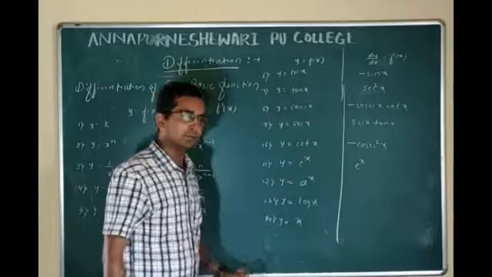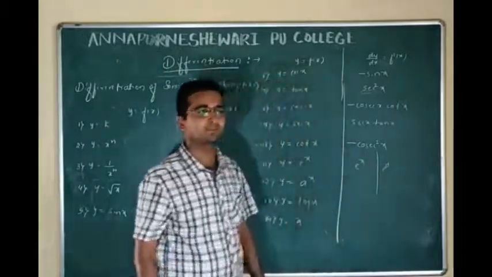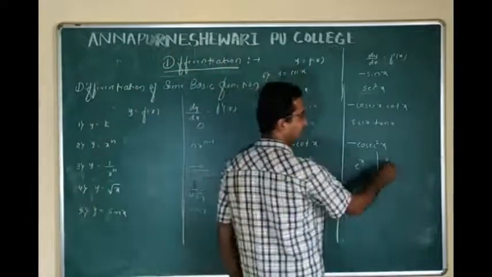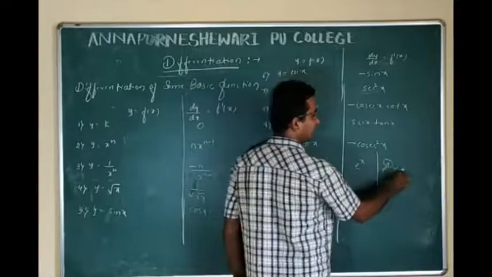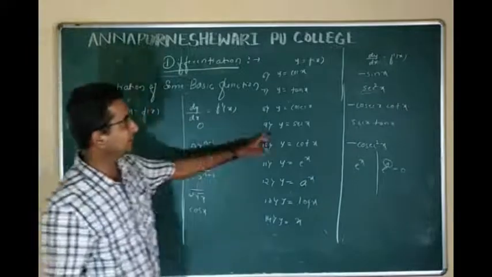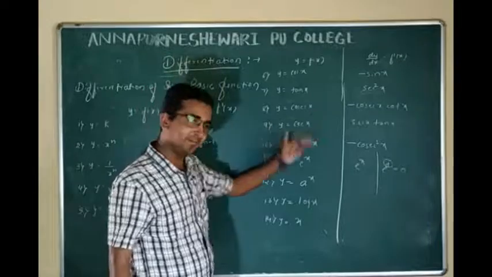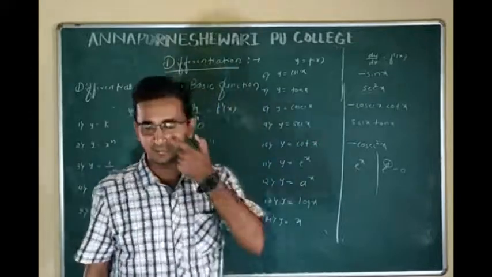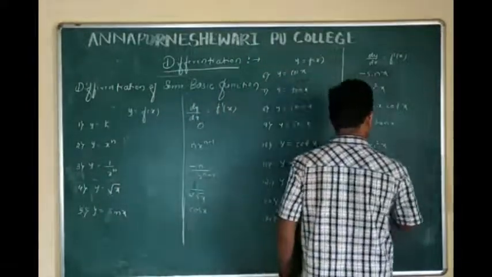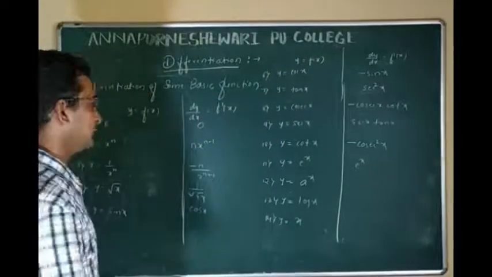E raised to x. Then can you tell me, what is the differentiation of e raised to a? Is there any x term present in the power? Then what can you write it as? Directly e raised to a. Getting? If it is cosec a, then what will be the differentiation? It is 0. Getting? This is the basic thing that you have to learn. After some learning and examples, you come to know the basics of this differentiation.